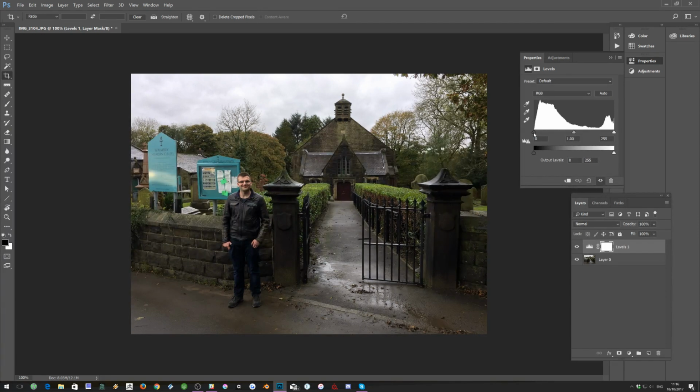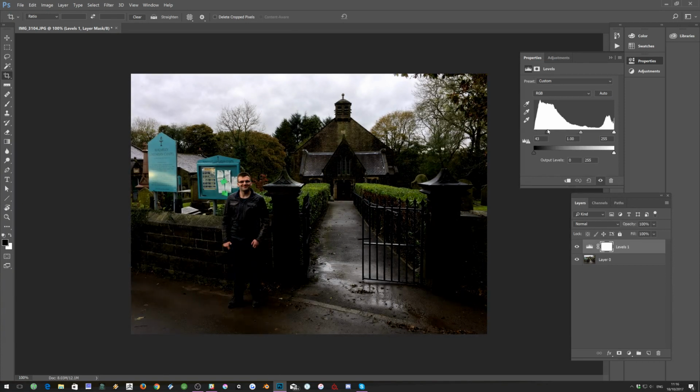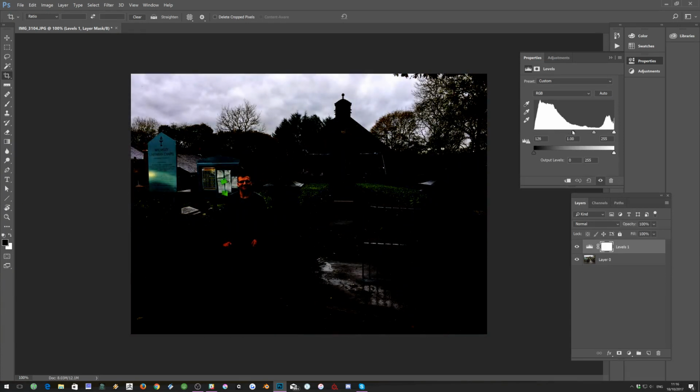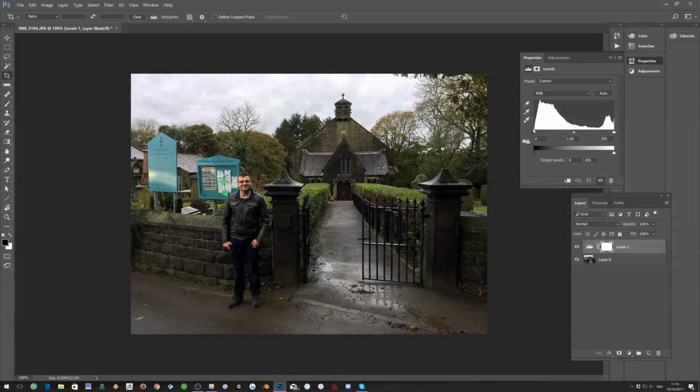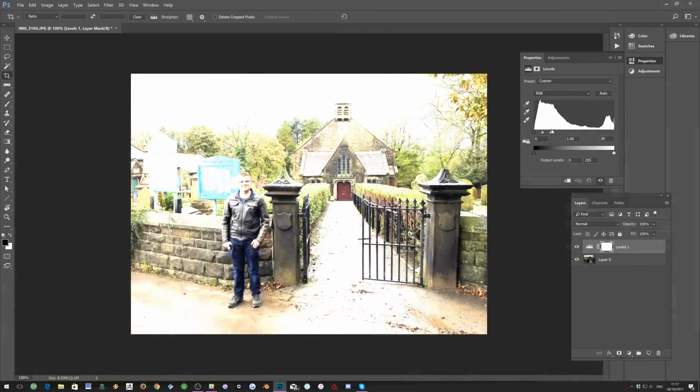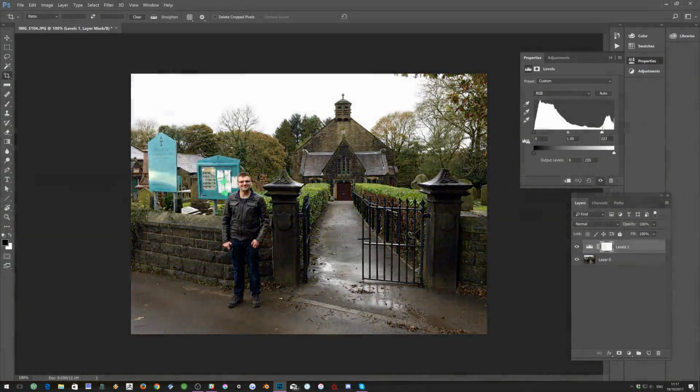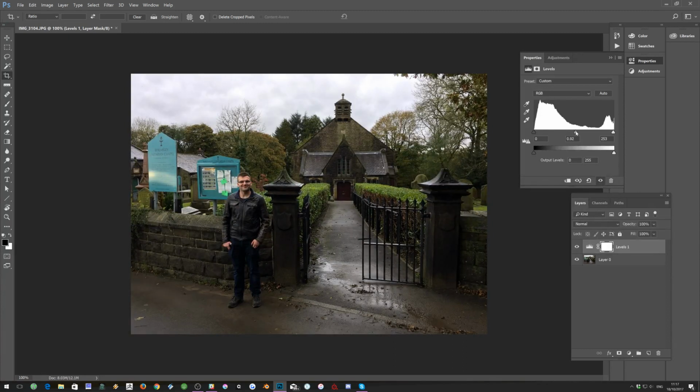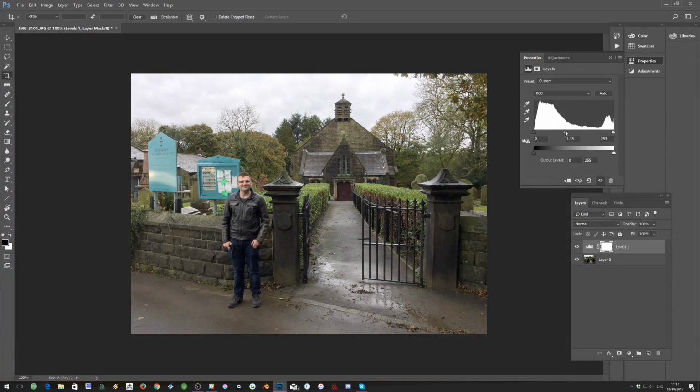We're not actually doing too badly here, but we shall adjust it just so you can see what actually happens. So if we crank this down and down and down, we make the shadows stronger and stronger and stronger. And if we move the one on the right, so we're adjusting the highlights, we can make it brighter and brighter until it's way too bright. Things to look out for on the histogram is sometimes the white edge doesn't make it all the way here and there'd be a gap, and in this case you just move it along till your arrows touch. Now this middle point adjusts our midtones, so we can just tweak this gradually until we've got it looking